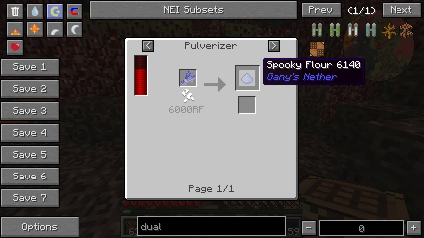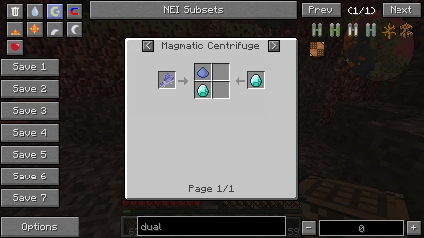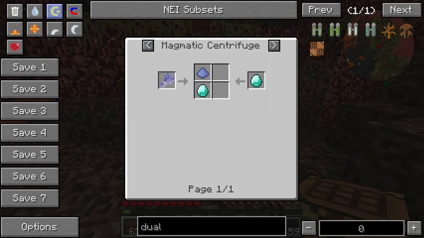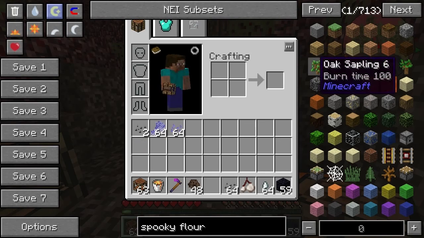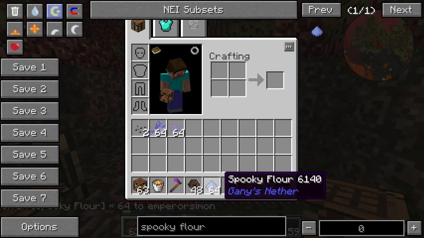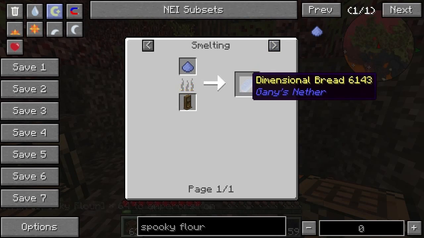Oh yeah, we can pulverize it to get spooky flower, or we can put it in the magmatic centrifuge, which I haven't actually spoken about yet, to get spooky flower. But I will speak about that. And then once we get the spooky flower, we can then go further with it, and we can actually make soul sand using red sand or sand. We can smelt it into dimensional bread. Now the dimensional bread,